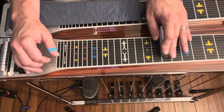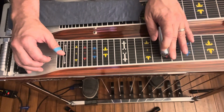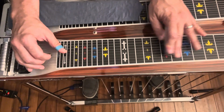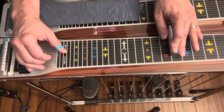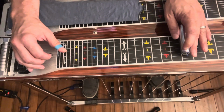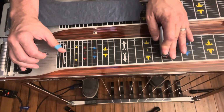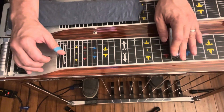And then comes back down here, 4th, 5th, and then the 5th string goes down. So it's 7th fret, 6th, 5th, and then we hit the 6th string, no pedal, and then come back up and hit the 4th string when we get back up to the 7th fret. So